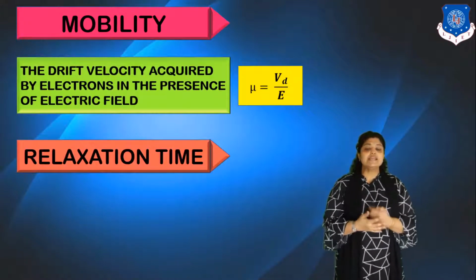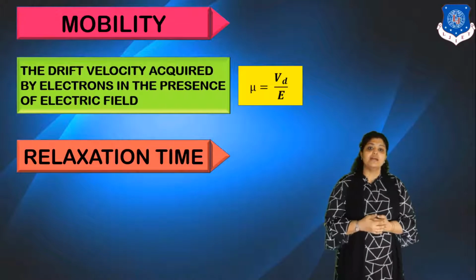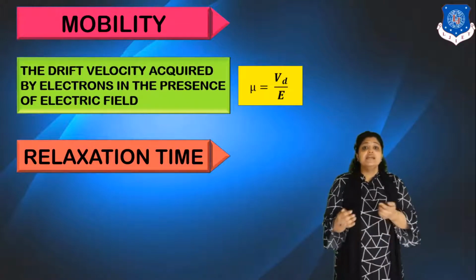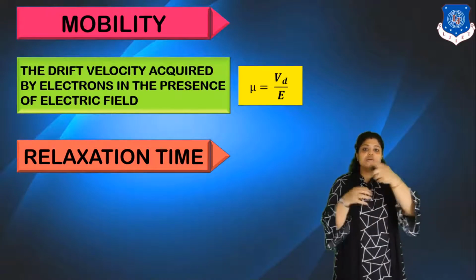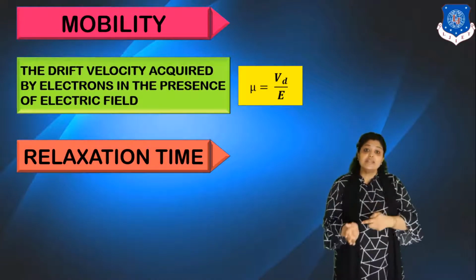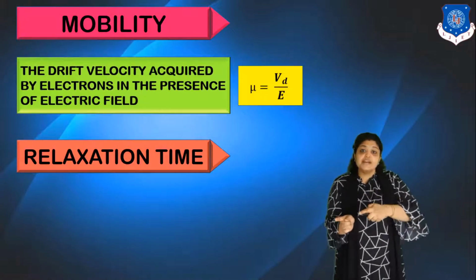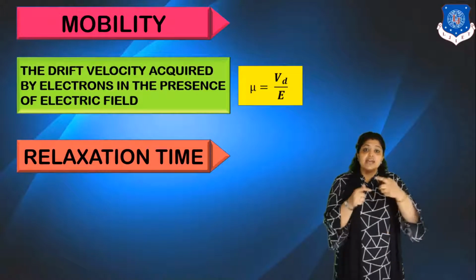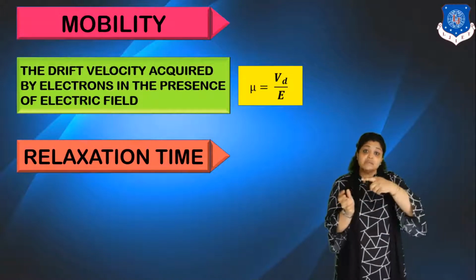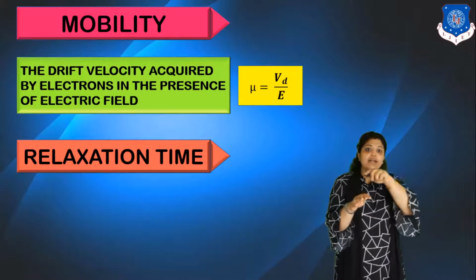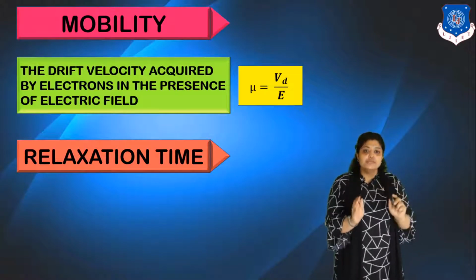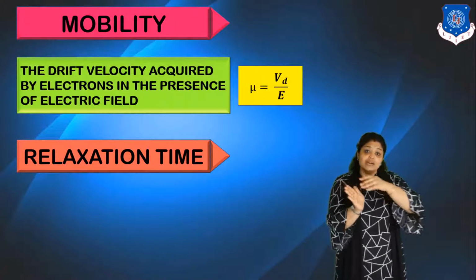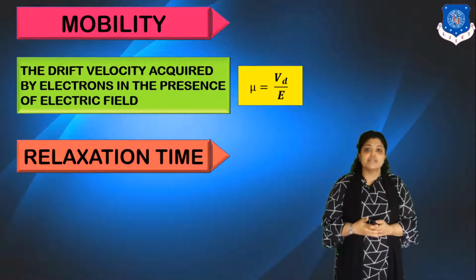This is a term we say relaxation time, denoted by tau. What is relaxation time? Before the electric field was applied, the electrons were randomly moving. Now when the electric field is applied, they are drifted to the opposite direction. So relaxation time means they are getting disturbed. They start moving in the opposite direction and then they align in one particular position. So this time duration from the disturbed position to the relaxed position is what is relaxation time.